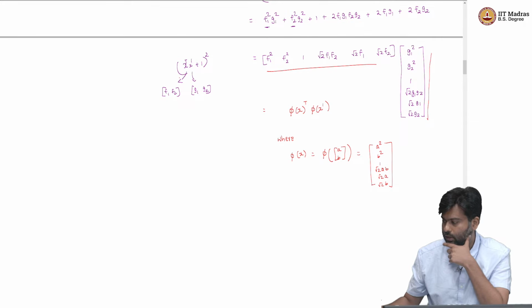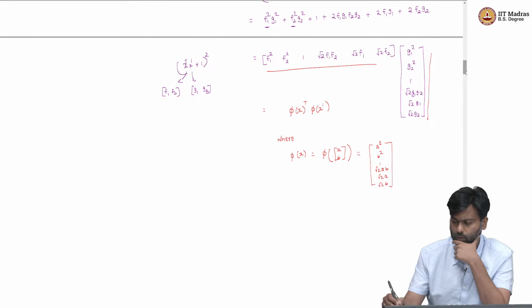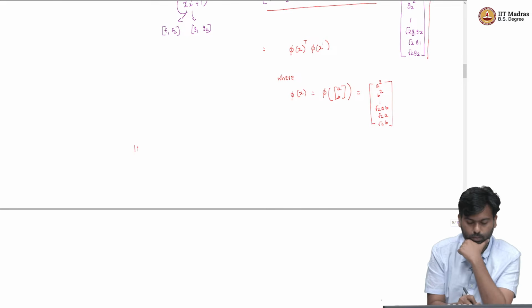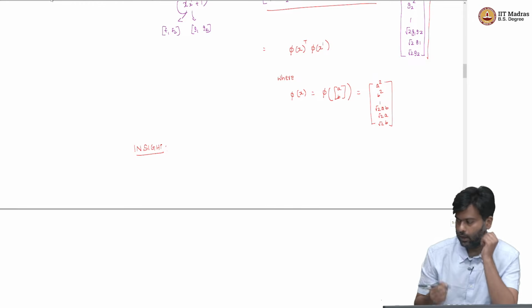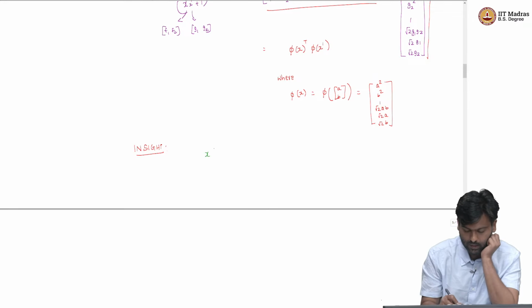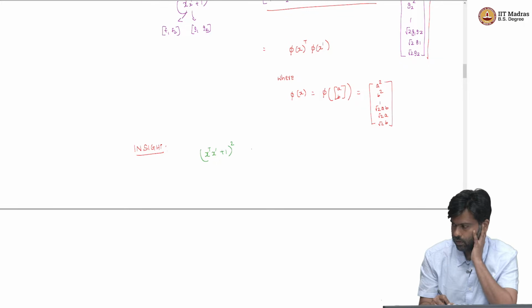So, basically what we have been able to do is the following. This function that I have asked you to consider, and this is the main insight, at least as an example, nevertheless gives us an insight. Often examples give you most insights. So, x transpose x prime plus 1 squared is an interesting function, because this computes the dot product in a transformed space,